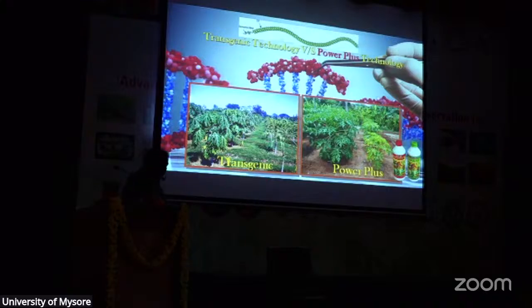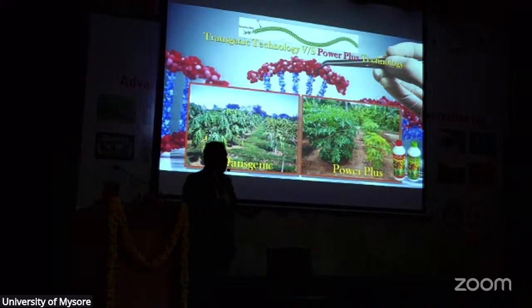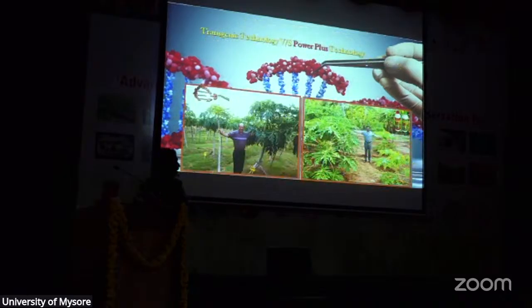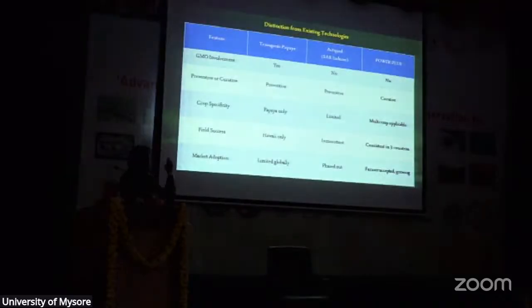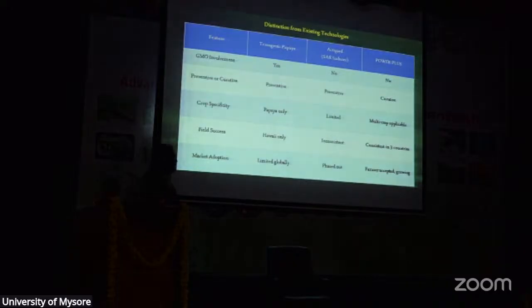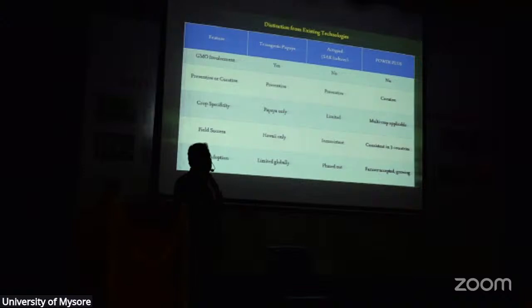And in papaya, only in America and China they have genetically modified GM papaya. This was developed by Dr. Dennis Gonzalez of Cornell University. So he is showing the difference between non-GMO and GMO papaya. The same kind of difference we have shown with the treatment of our product. And there is one product by Syngenta called ActiGuard. It was released for virus control, but it has been withdrawn. So when you compare to GM papaya and ActiGuard, we have got all the plus points compared to those technologies.